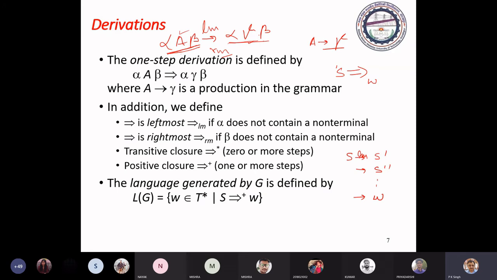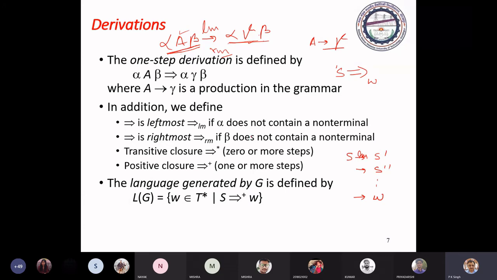So that is called leftmost derivation. If we are considering the rightmost non-terminal to get the next sentential form, then that is called rightmost derivation.